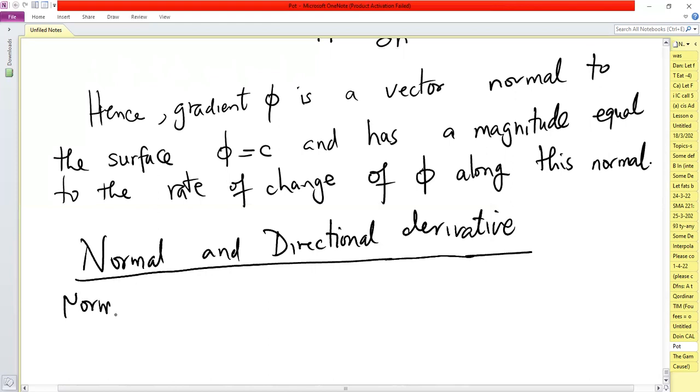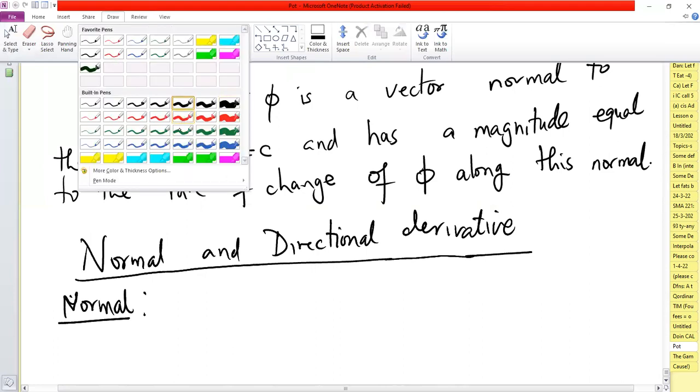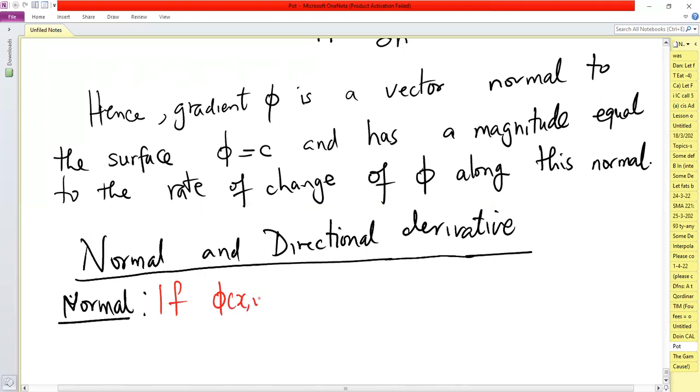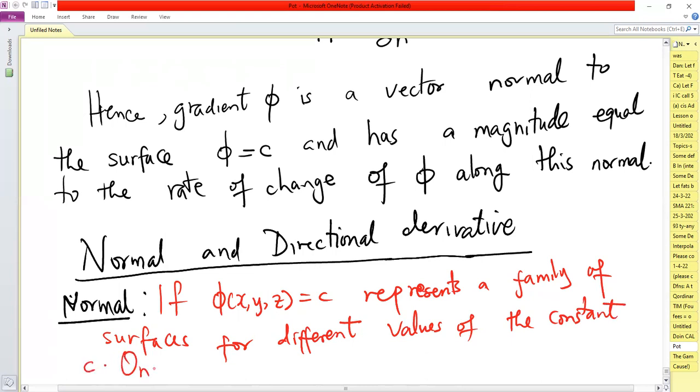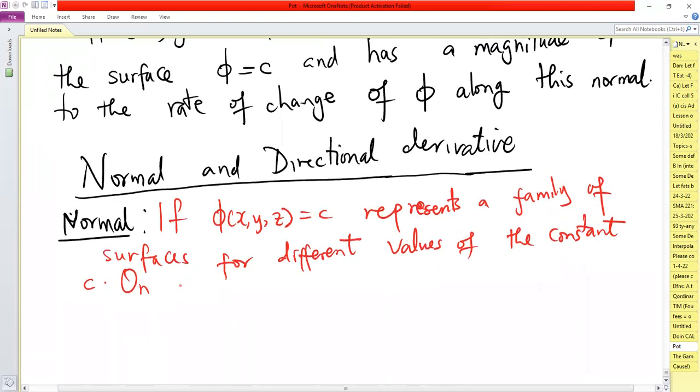So for normal, if phi represents a family of surfaces, on differentiating this function,